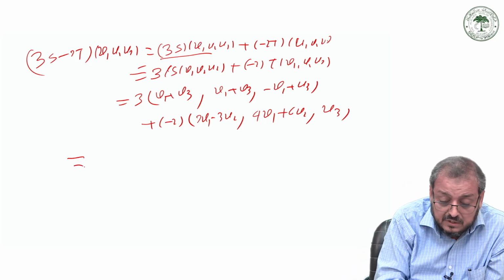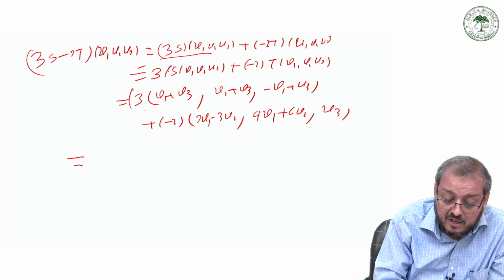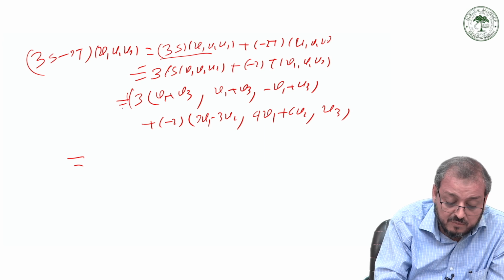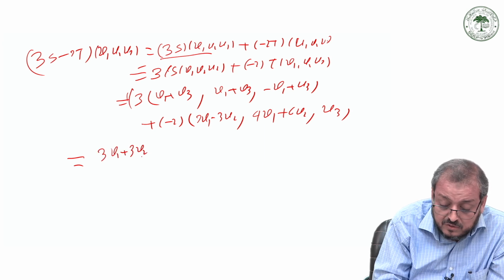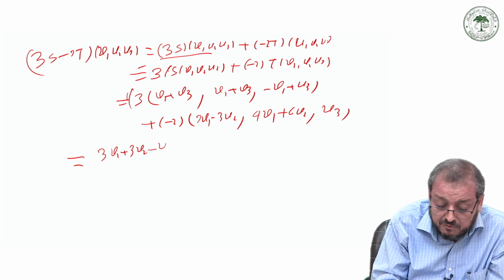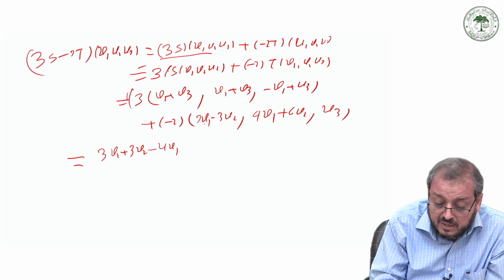So this can be written in the form of 3 v1 plus 3 v2 minus 4 v1, and we have, sorry,